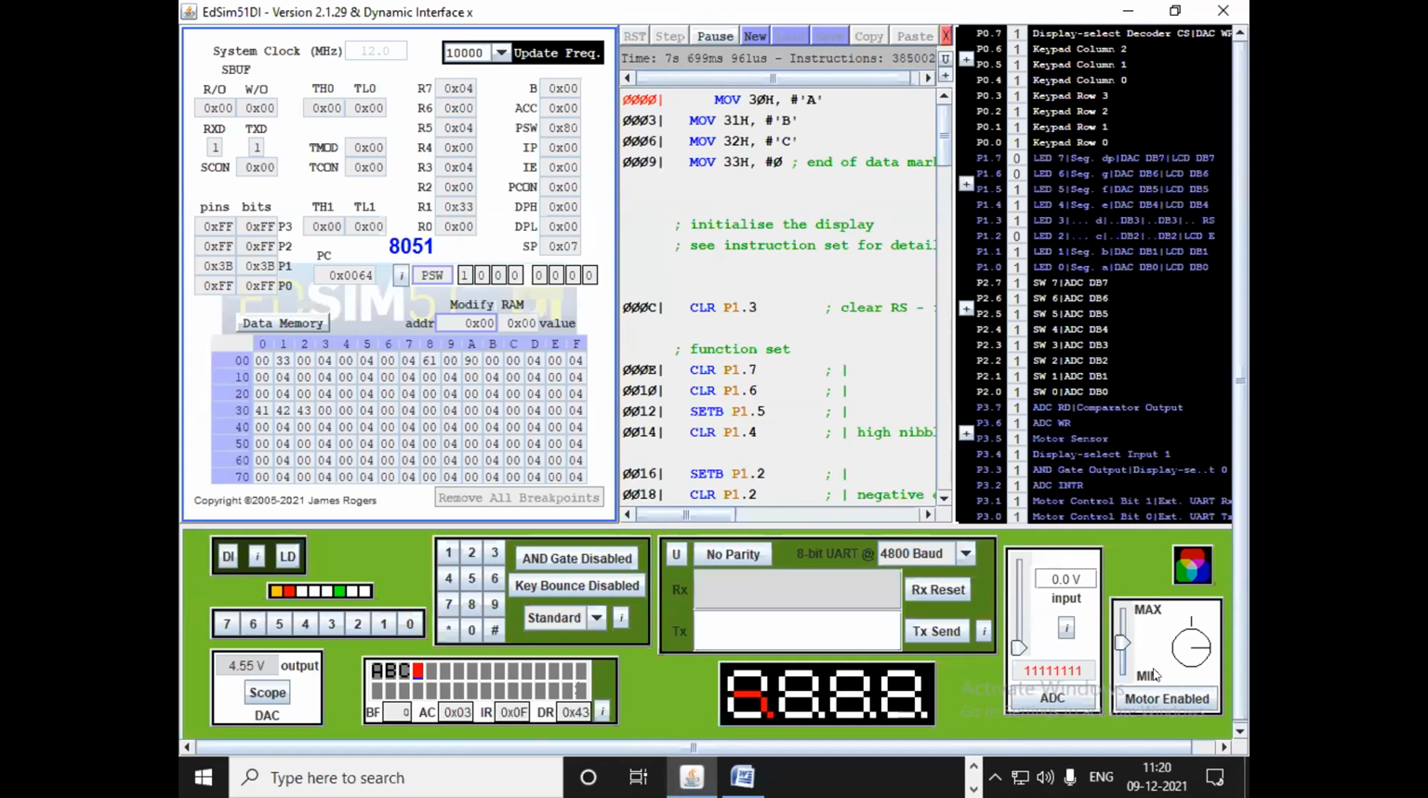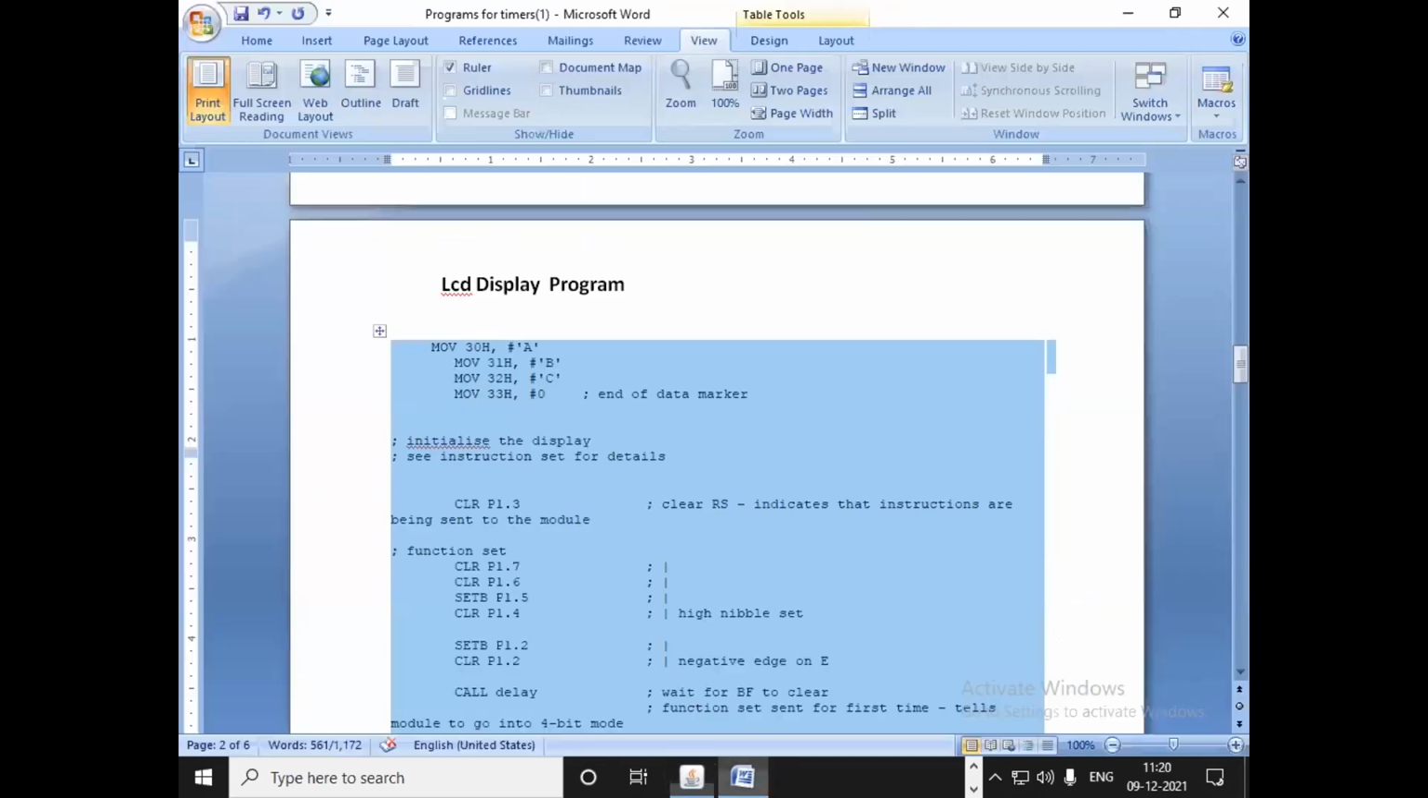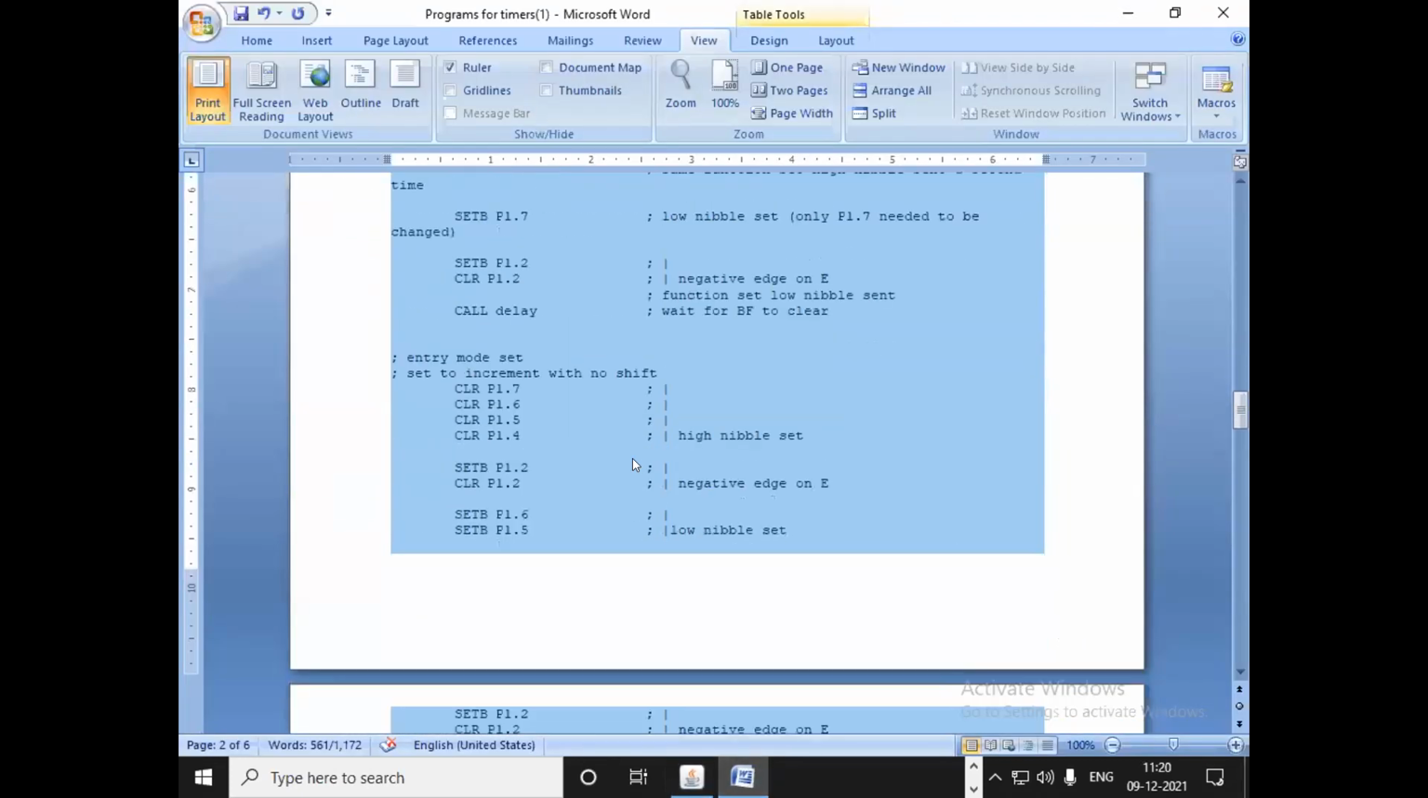There is also an ADC program. In the ADC, when you change the output voltage, you will get the voltage on the ADC. I have the program also with me, but